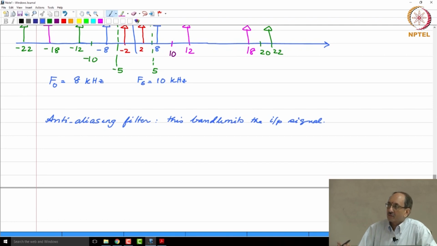Not clear. No, this is too high. 32, no. No. So 8 kilohertz was the sampling frequency, and so in